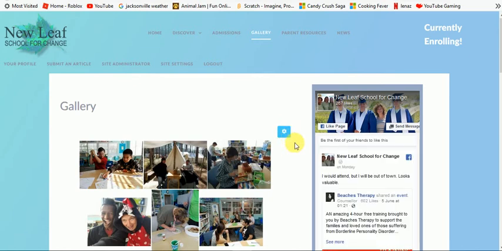Now the gallery, technically you can edit the gallery from anywhere. I'm going to show you this. It's a system that points to a gallery, so it's not like it's the gallery right here. The gallery is actually in the site administrator, which I don't want you to have to mess with. So therefore, we put it out here,